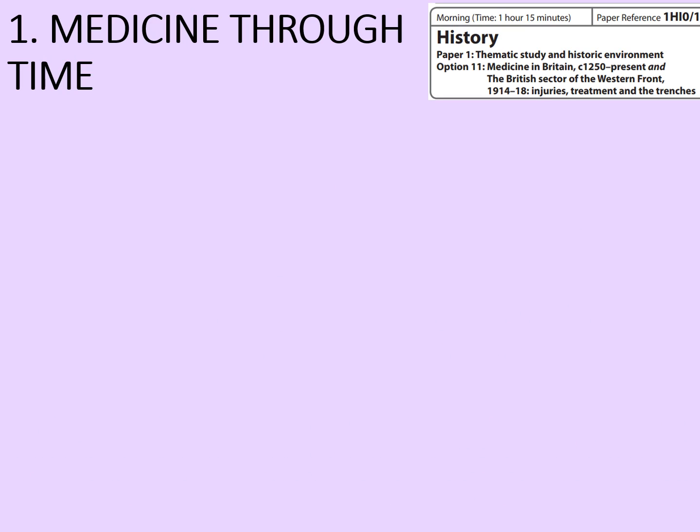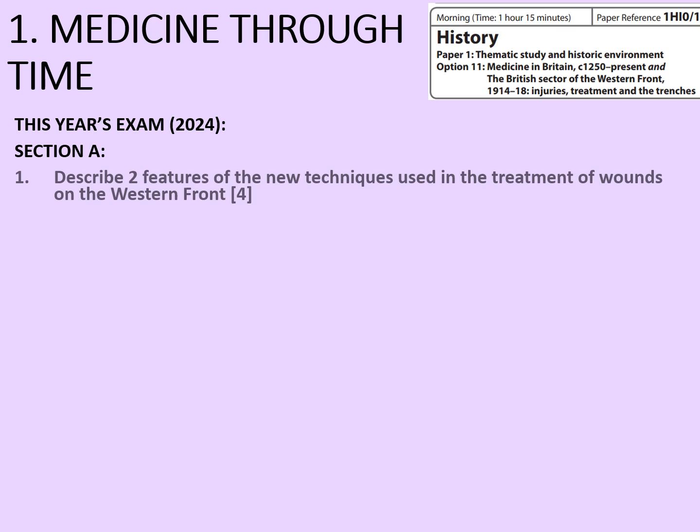Medicine through time. Let's have a look at what was included on this year's exam. Section A included a 4-mark question like this. Describe 2 features of the new techniques used in the treatment of wounds on the Western Front. There are many things that you could have chosen there. The only thing that I'd pick up is it says new techniques, so nothing that would have been commonplace before